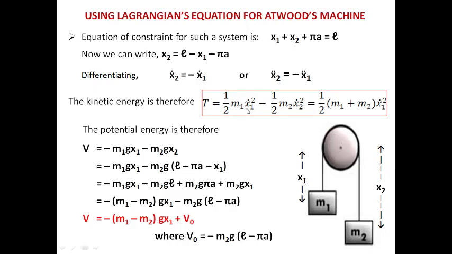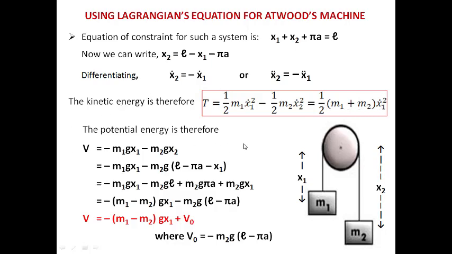Here we are working with the first order variable, so we say it is x1 prime square. So we say how much kinetic energy is acting on the mass m1: it is 1 by 2 times m1 x1 prime square, plus how much kinetic energy is acting on m2, so it is half times m2 x2 prime square. So if I know the value of x2 prime will be equal to minus of x1 prime, I substitute the values here, and I get the total kinetic energy of the system as 1 by 2 times m1 plus m2 into x1 prime square.